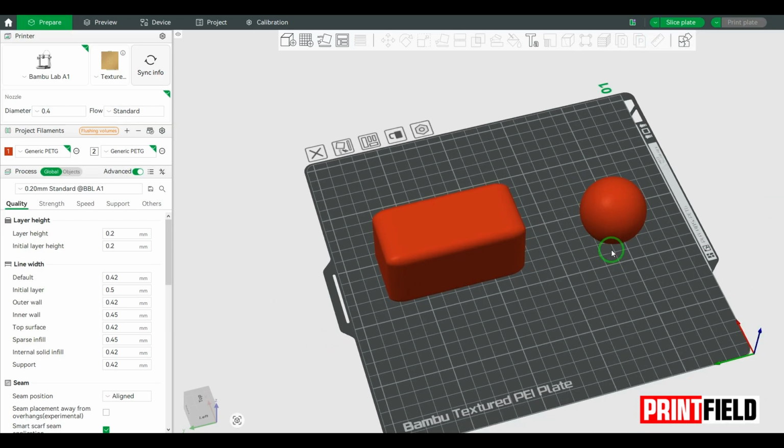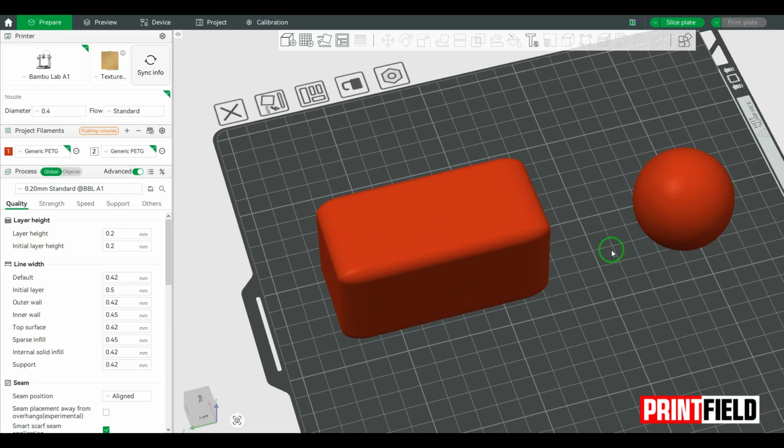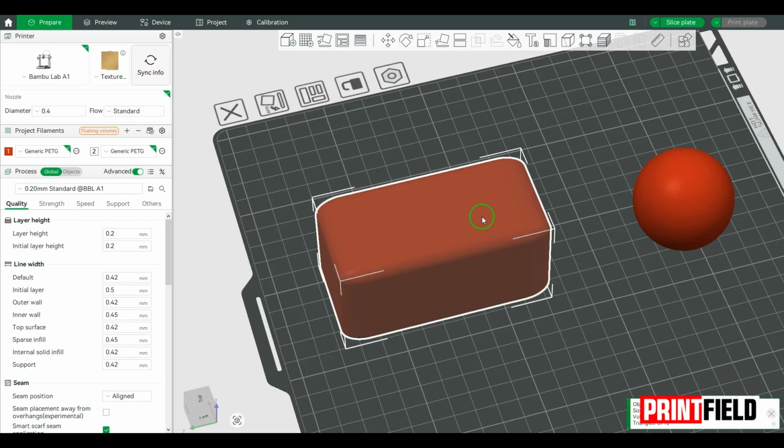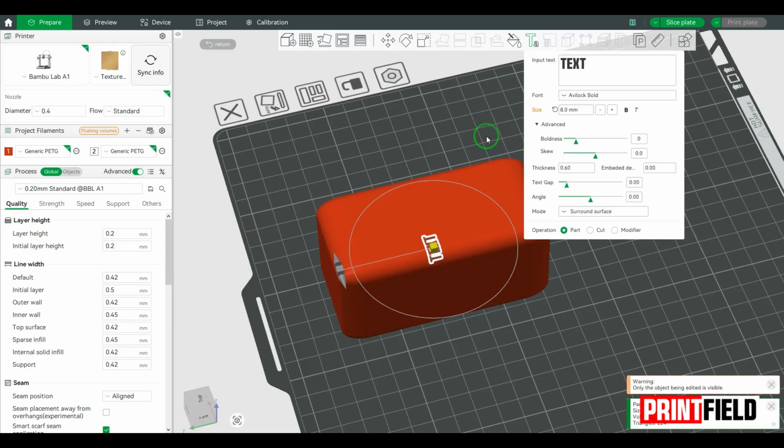Hi there. In this tutorial, I'm showing you an easy way how you can add text to your 3D objects. Maybe you are using Fusion 360 or other CAD softwares, but with Bamboo Studio, you will be amazed how easy you can do this. So open Bamboo Studio, load your STL file, click on it to set it active, and